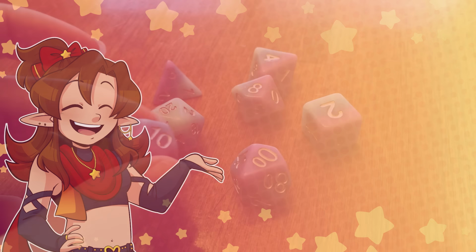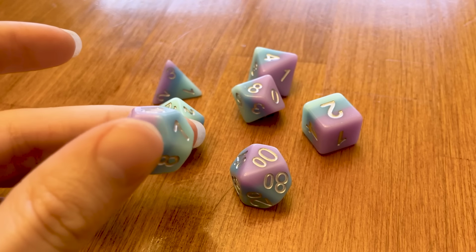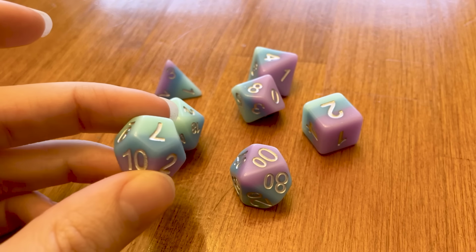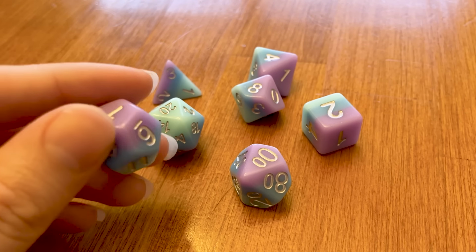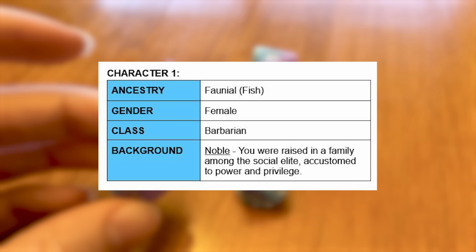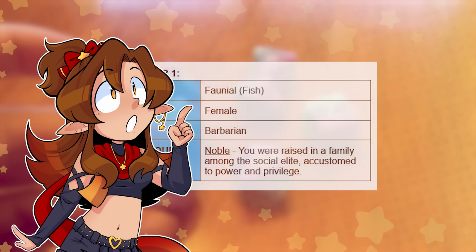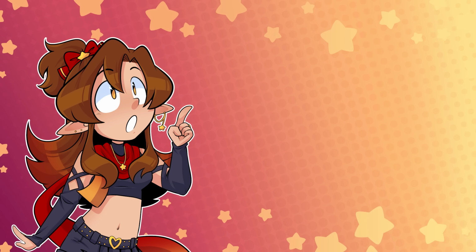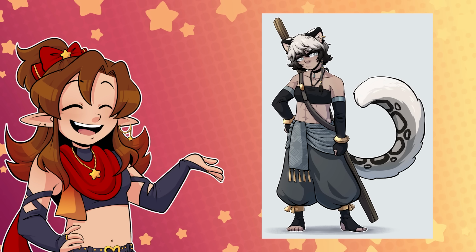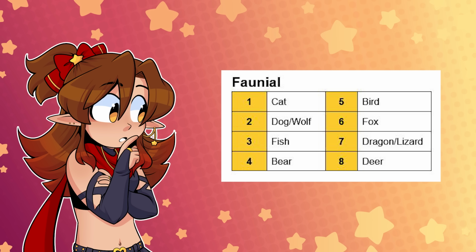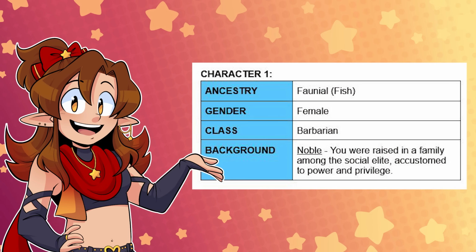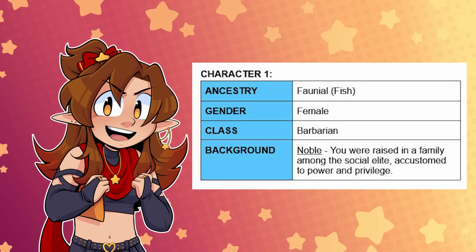So first up, here's the dice set I used. It's a pretty blend of pastel blues and purples with metallic silver paint for the numbers. And using these dice, I rolled a female Fauniel barbarian with the noble background. Fauniels and Shattered Chord are basically animal hybrids, like Sen of the Snow Leopard Girl from my world building video. I had a separate table to roll what type of animal I was going to use and got fish. So we've got a fish girl barbarian with a pastel blue and purple color scheme, and within seconds I was